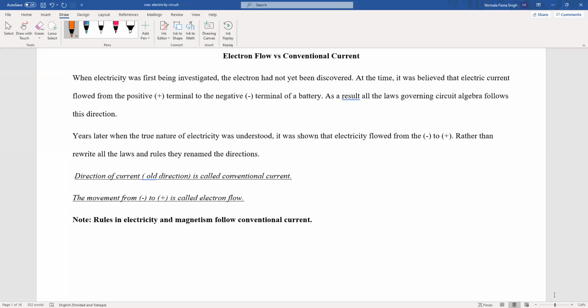So we're going to look at electron flow and conventional current. And just reading from the handout we have here, when electricity was first being investigated, the electron had not yet been discovered. At the time, it was believed that electric current flowed from the positive terminal to the negative terminal of a battery. Now, just to go back through some history,